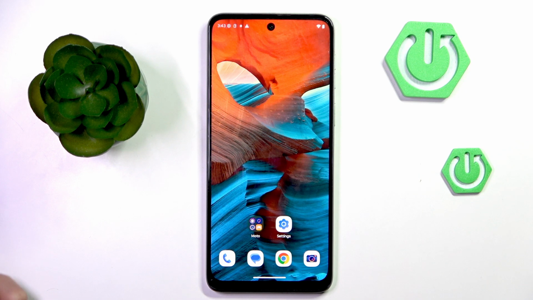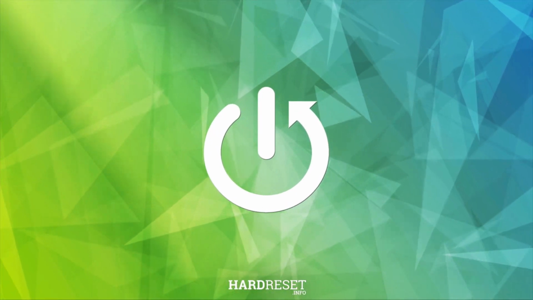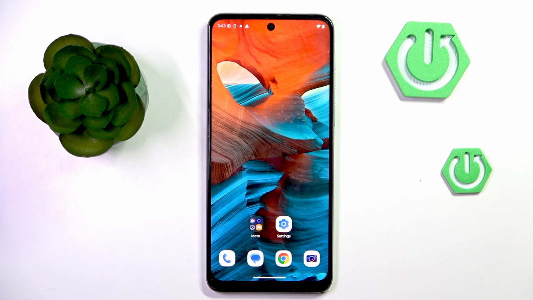Hi guys, in front of me is the MOTOROLA Moto G55 and let me show you how to fix app crashing. So, if your app is stuck for some unknown reason and you cannot use it properly, start with checking the